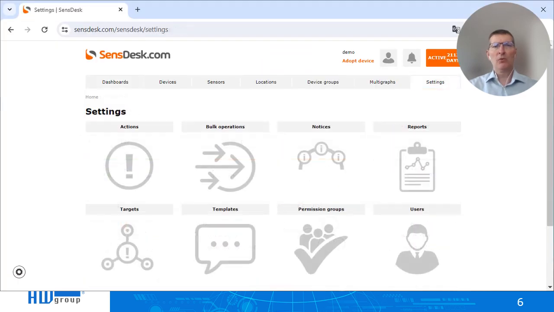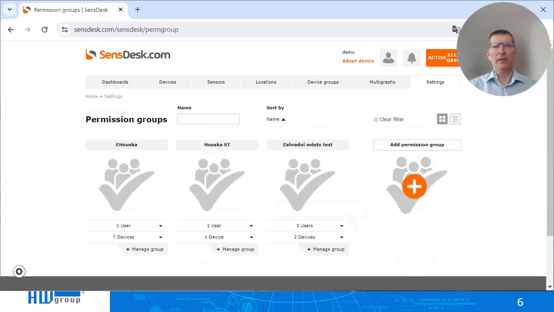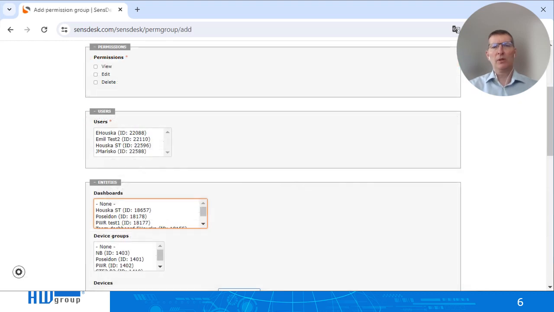Permission groups allow you to set the visibility of devices, sensors, multigraphs, reports and more for individual team members. If a device, sensor or for example multigraph does not have a permission group assigned, it will be visible to all team members. You can create custom permission groups, assign individual users, and manage their permissions.